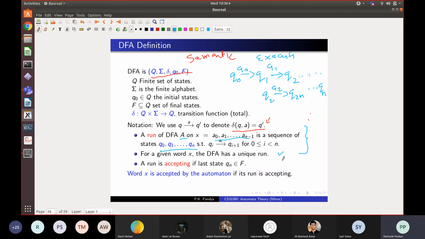So I know we are using a bit of symbols, but in computer science, you get used to these abstractions. And I think for you people, it is not a challenge. Somewhere else other than IIT, I might have to worry what these notations say. But if there is a question, please ask. So this is exactly what we saw before, except that instead of giving execution, we are giving the run.